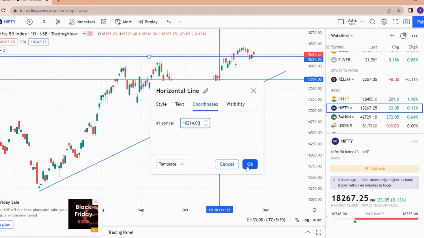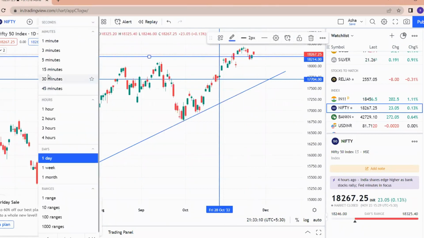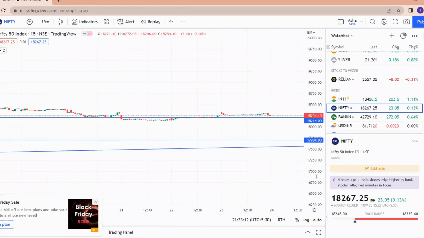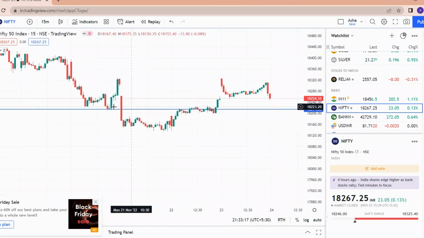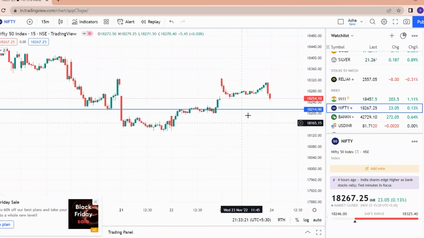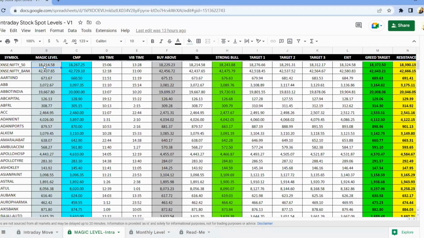18,214. So let's go to 15 minutes time frame. ओके, ये 9:15 का कैंडल है आपका। 18,214 के नीचे निफ्टी सस्टेन ही नहीं किया आज, सो देयर इज नो बेरिश ट्रेड टुडे।